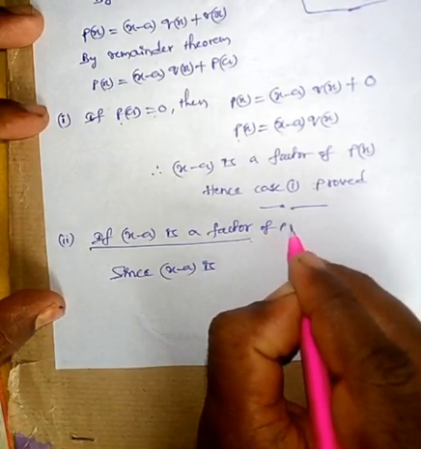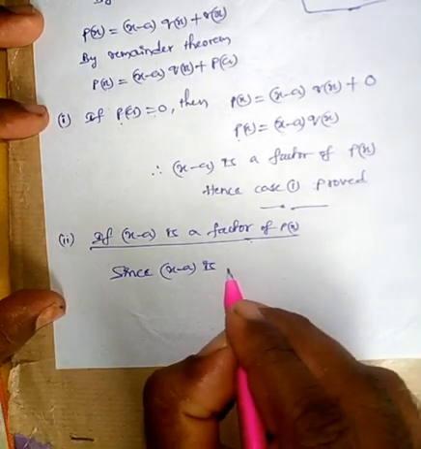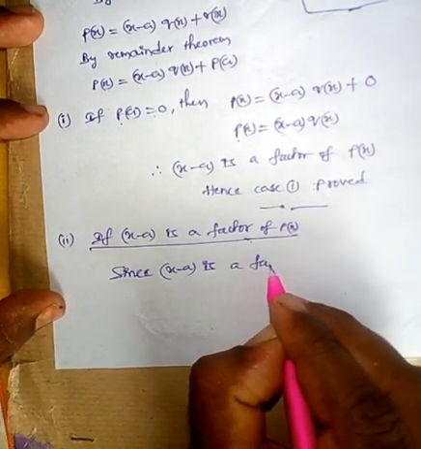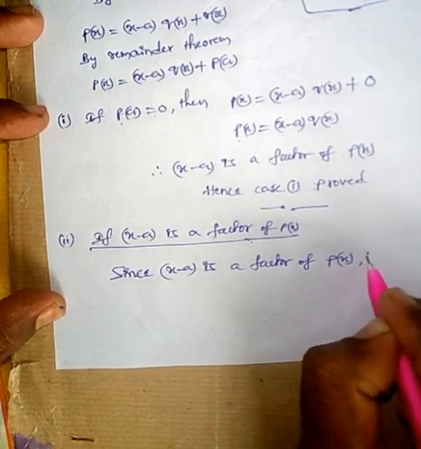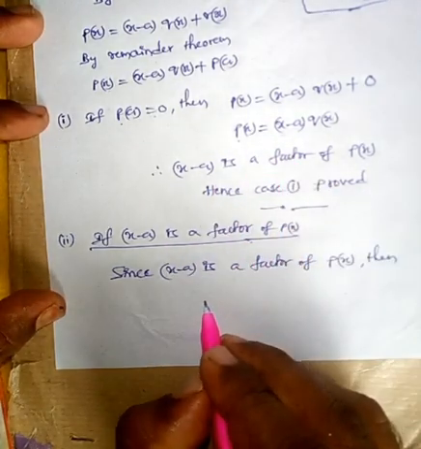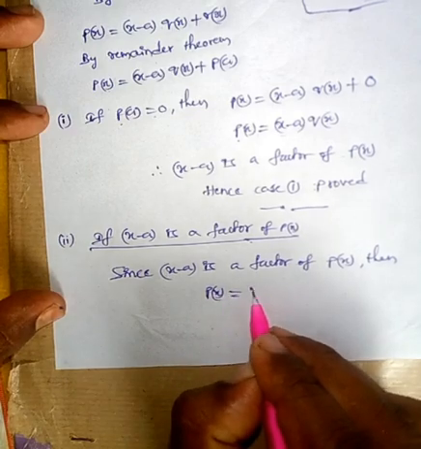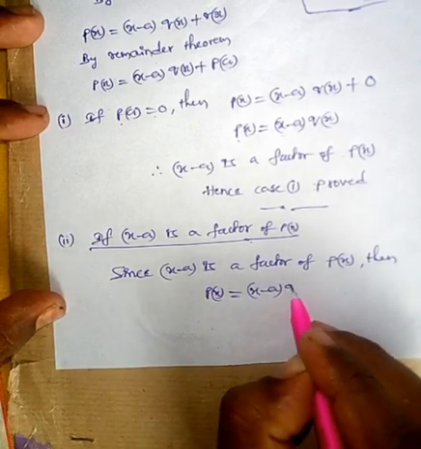Since x minus a is a factor of p(x), then you can write p(x) equal to x minus a into q(x),